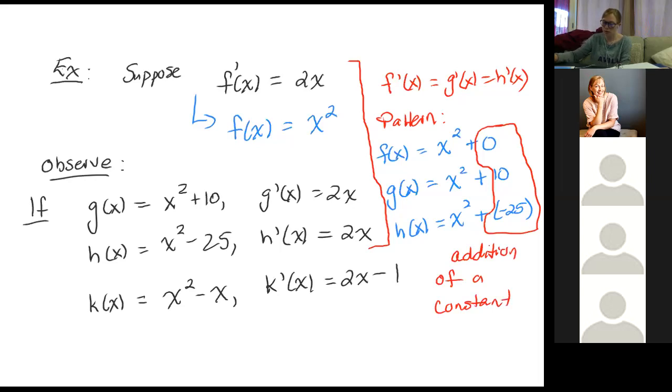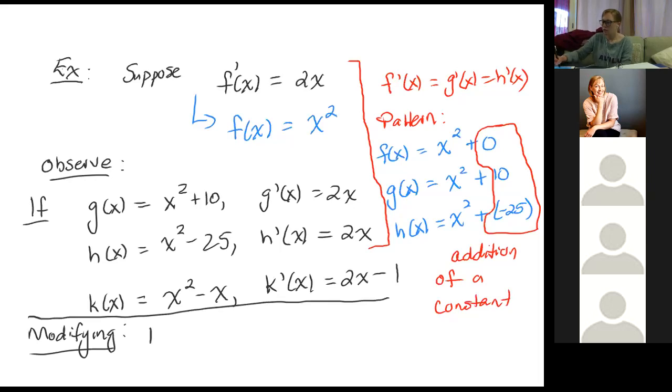So it appears that if I am given the function f of x is equal to 2x, I need to modify the answer that I gave up here slightly. So let's see here. Let's modify what we set up there. If f prime of x is equal to 2x, then I might say that f of x, the function